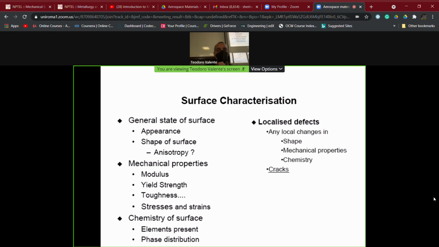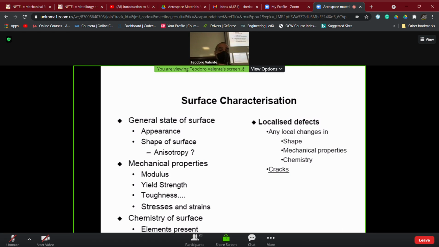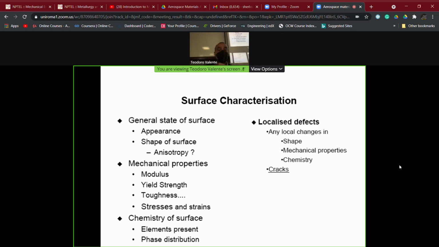So this is just a very quick review of the technologies which are usually used, not all, the most important, for the characterization of a surface. We could be asked, for example, to answer the question: what is the general state of a surface, the shape, the appearance; what are the mechanical properties of a surface, such as modulus, resistance, for example yielding strength or toughness, or eventually residual stresses or residual strains;